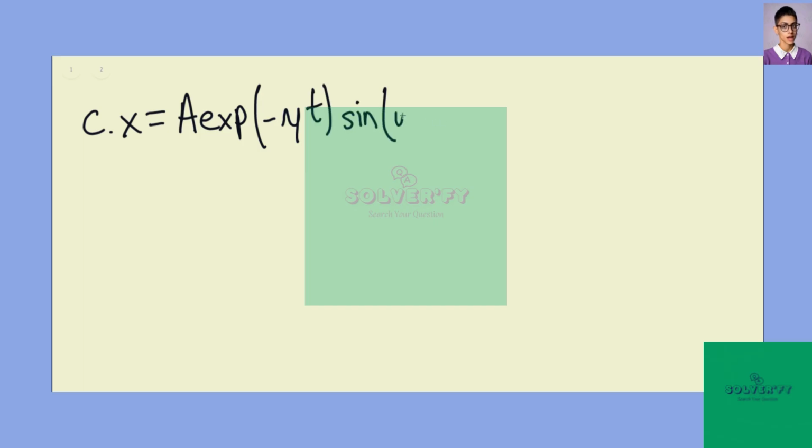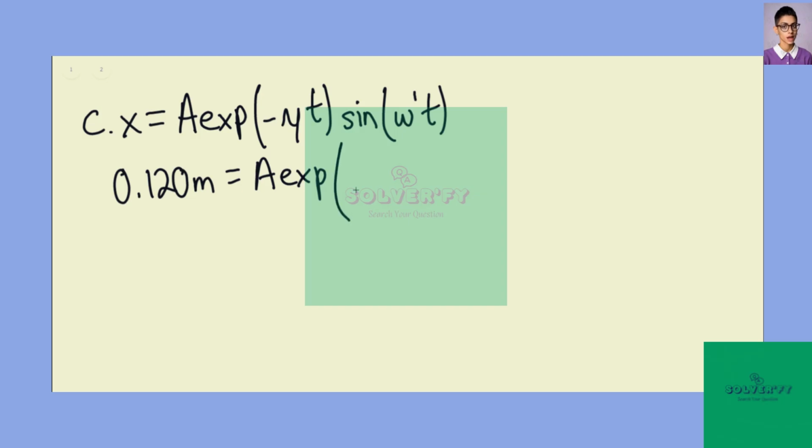However, the initial position is 0.120 meters. So the general equation for the damped oscillator will be equal to A times exp of negative gamma times t, times sine of omega prime times t. And so for the first part, we have 0.120 meters equals A